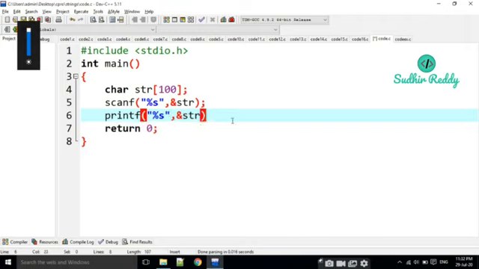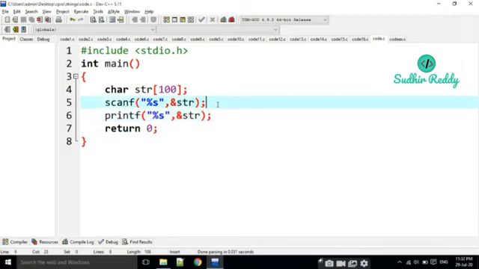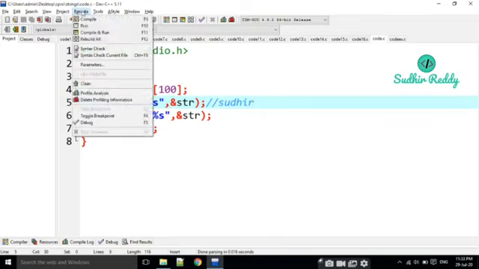When we are reading an array, we read character by character, like 1, 2, 3. But when you come to strings, it gives the total string, the continuous values. That's why we directly read the string with %s and str like this. I am going to print the values. Now I am going to execute it.